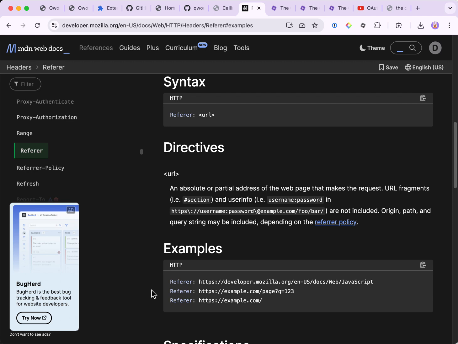That could be because the endpoint should be private or reserved to a well-defined couple of callers, or it could also be the case that the API is a paid service, and the API has to verify that the URL that calls the API has paid for using the service. So this type of whitelisting is very easy.